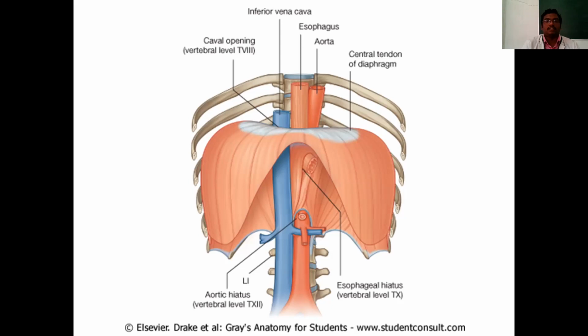Okay, inferior vena cava, it is going to pass into the thorax. As you see, the thorax is being separated from the abdomen by your diaphragm. In the diaphragm you will be able to get your openings, these larger openings. Through these larger openings only you are going to have the passage of these structures, that is your aorta, esophagus and inferior vena cava.